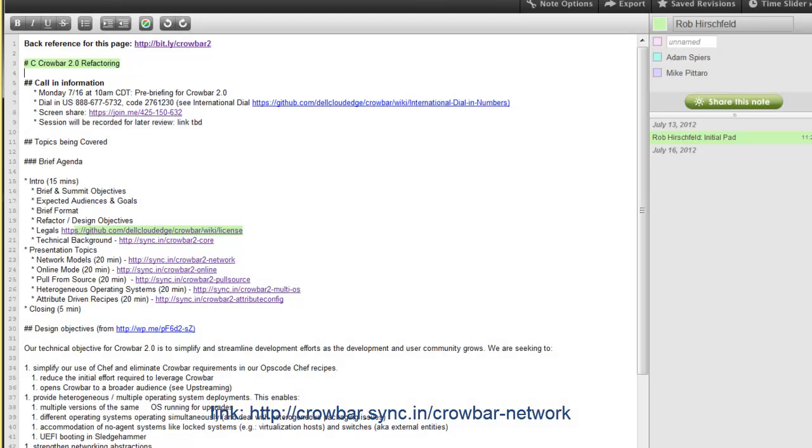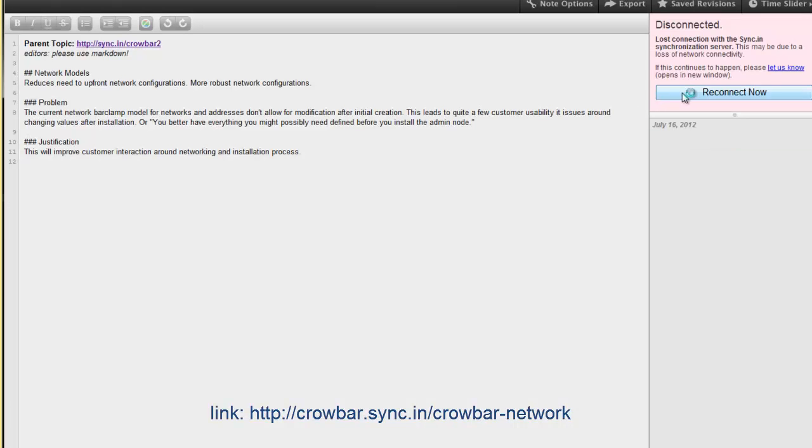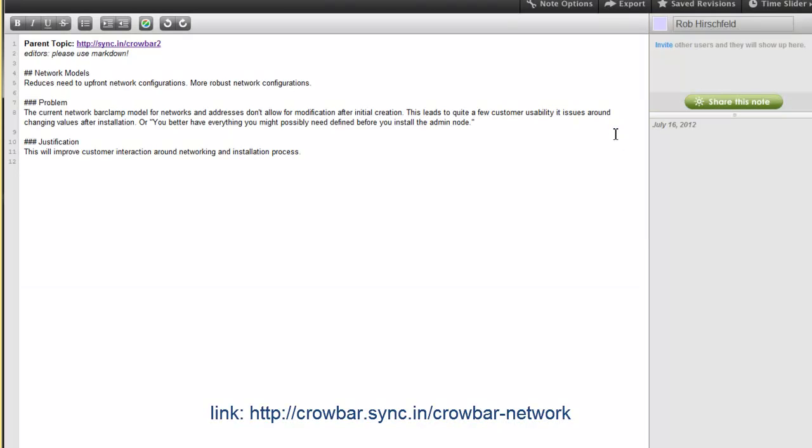So the first topic that we're going to cover in some detail is network models. Let me bring up the network model page. And the format that we were going to follow here was